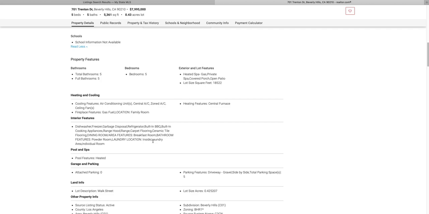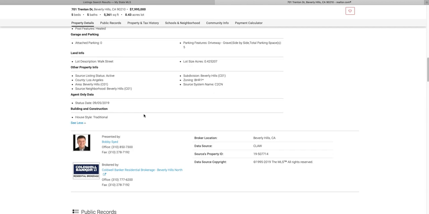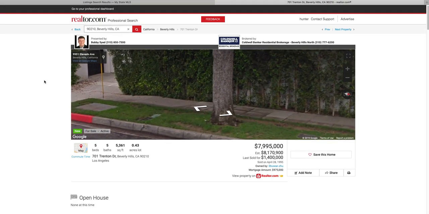This doesn't. This patches together all those MLSs so that if you have a client that's maybe considering living in either side of two counties, and maybe those counties use different MLSs, well, you can just seamlessly search for listings in there. Now, one drawback is that sometimes the cooperating broker commission isn't posted in here, I've noticed. But interestingly enough,